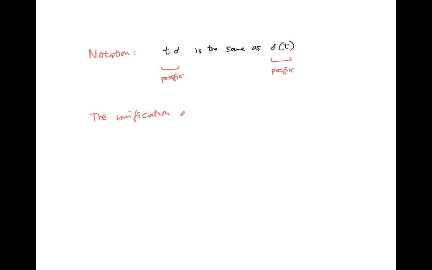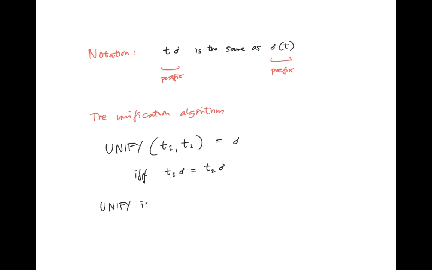The unification algorithm, unify, is an algorithm that takes two type expressions, T1 and T2, and gives us a substitution sigma, if and only if T1 and T2 can be unified, in the sense that there is a sigma such that T1 with sigma applied to it is equal to T2 with sigma applied to it. And unify is a recursive algorithm,